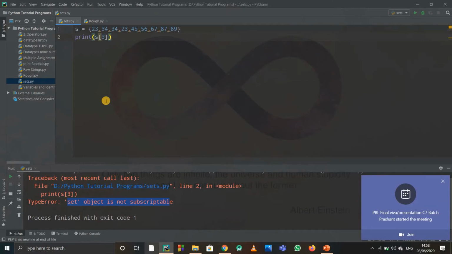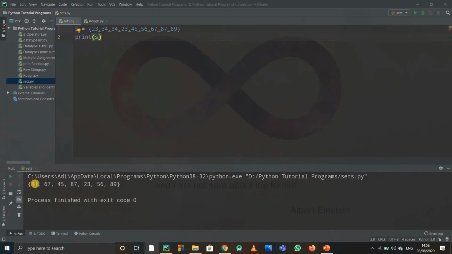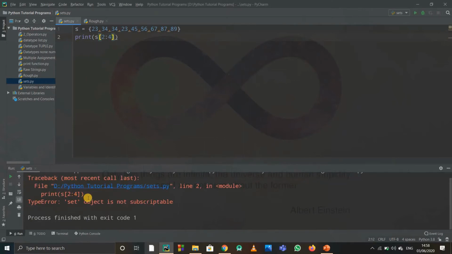And you can think, why is index accessing not allowed? Obviously because, first of all, it does not maintain any sequence. So if I write set of 0, then it should print out 23. But when I print the set again, it printed 34 as the first element, the 0th index, but actually the 0th index should be 23. So if it does not maintain a sequence, how can we use indexes to access an element, right? So obviously index accessing is not allowed. And if index accessing is not allowed, how can I use slicing? I can't slice it, because if we can't access the index, how can we slice it? So these two we saw.